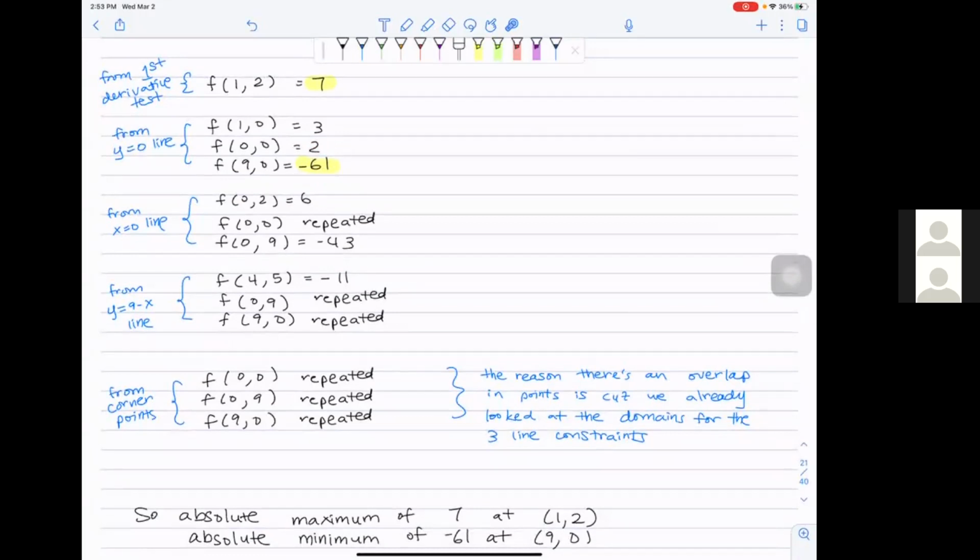So I just try to make sure I'm checking everything. If I was just looking at this one specifically, I'm finding the critical point in the interior, and also considering the endpoints. So it's like making